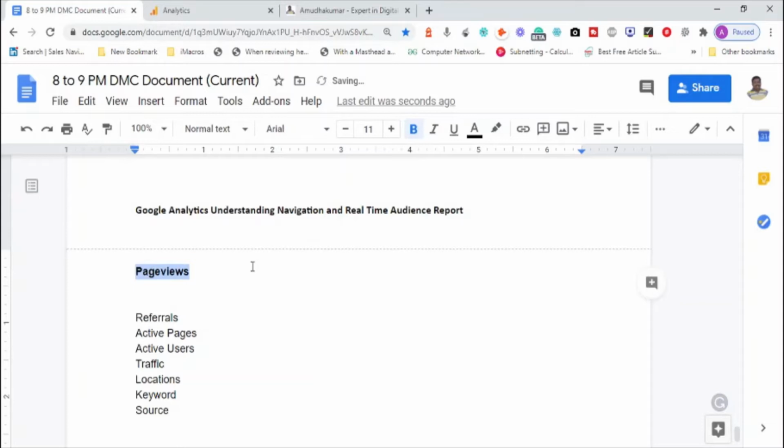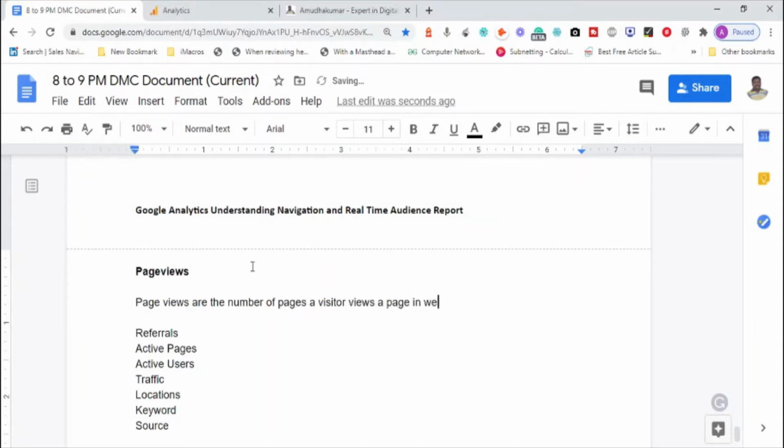Number one is page views. Page views are the number of pages a visitor views in a website.